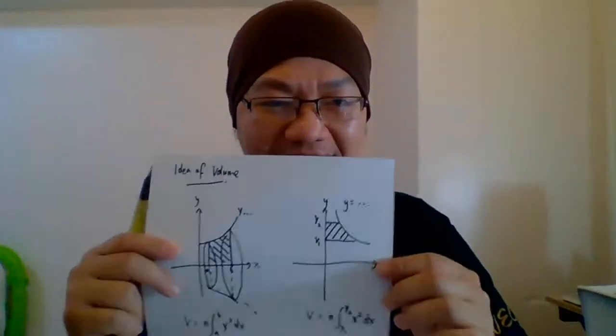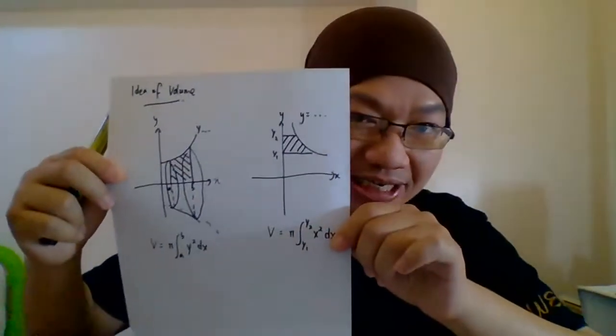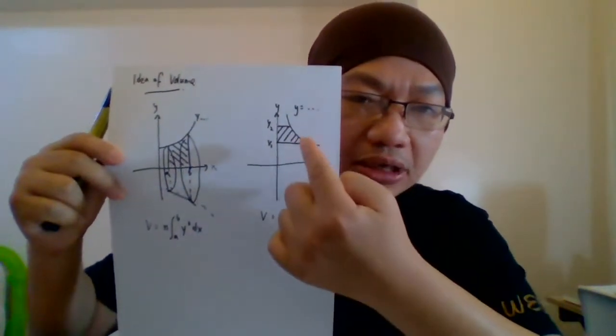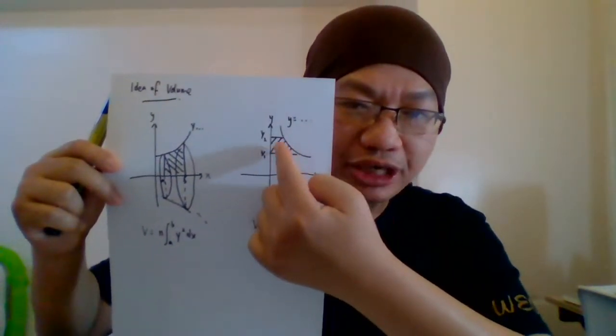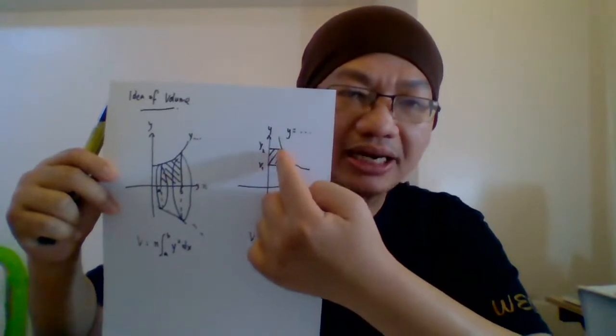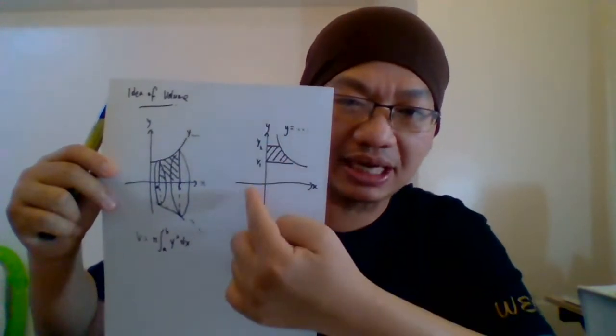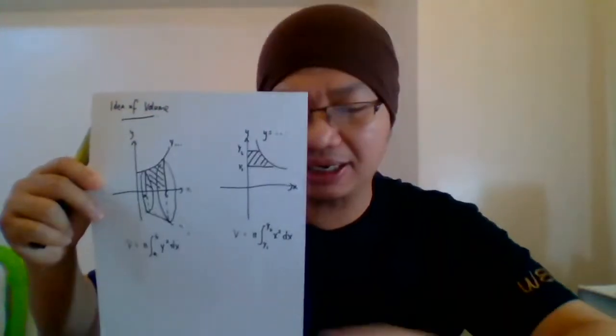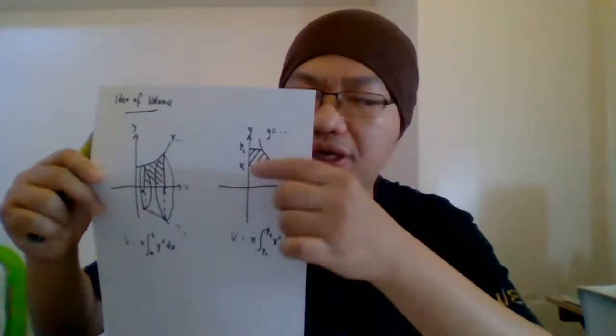Okay, now we settle the volume against x. Now we are talking about the volume against the y-axis. Now look at the basic idea again. We are talking about finding the volume of the shaded region that is revolved against the y-axis, either 360 degrees or 180 degrees, it doesn't matter at all. So now,